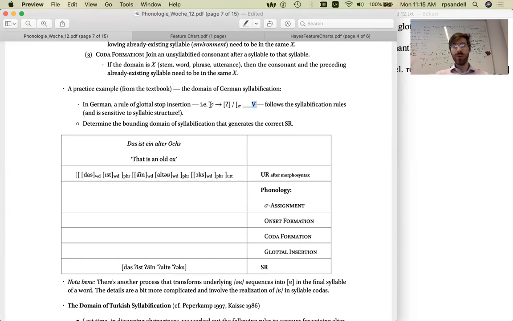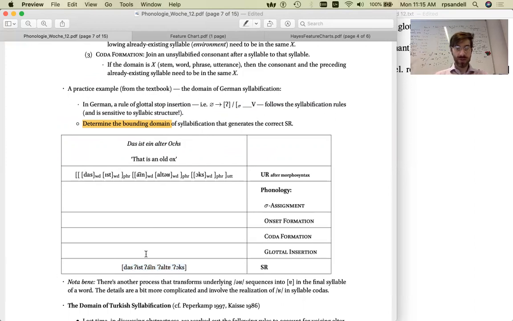But for this example, we'll just assume a simple version, which says that a glottal stop is inserted preceding a vowel at the beginning of a syllable. So what we want to do now is to determine the bounding domain of syllabification in order to generate the correct surface form. So here we will ultimately have the output, das ist ein alter Ochs, and we